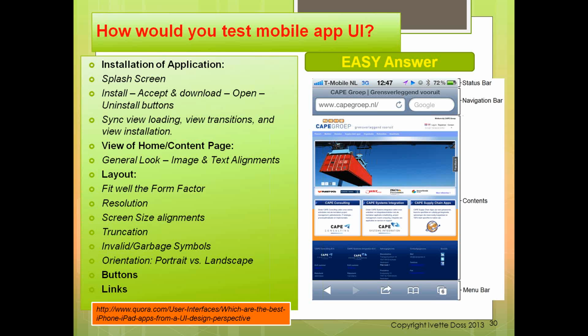Or an image is cut off somewhere, as at a third of the image. You may understand what it's supposed to be, and sometimes it's not understandable. That is what truncation means: a cut off in the middle of something. We also talk about invalid and garbage symbols, specifically if we come to different languages, and that will be the localization subject.